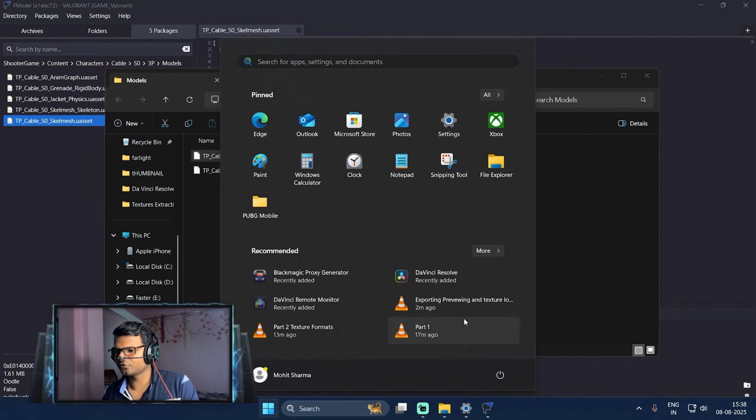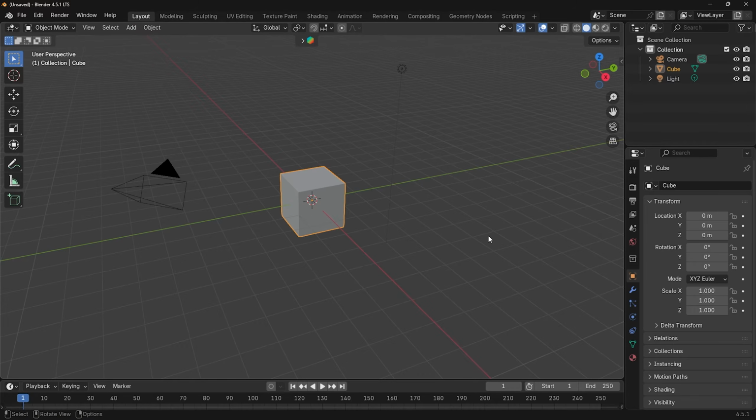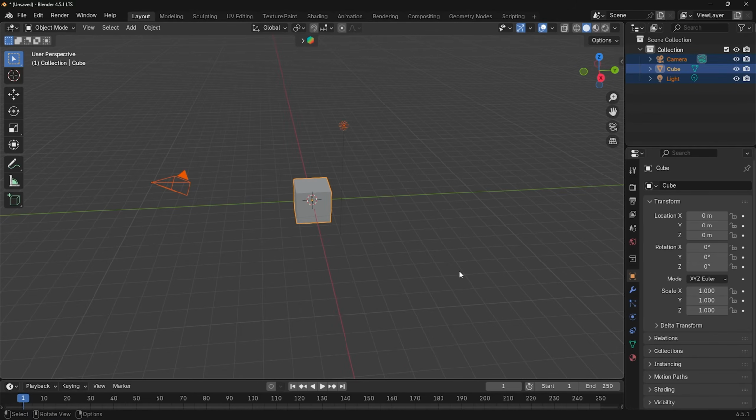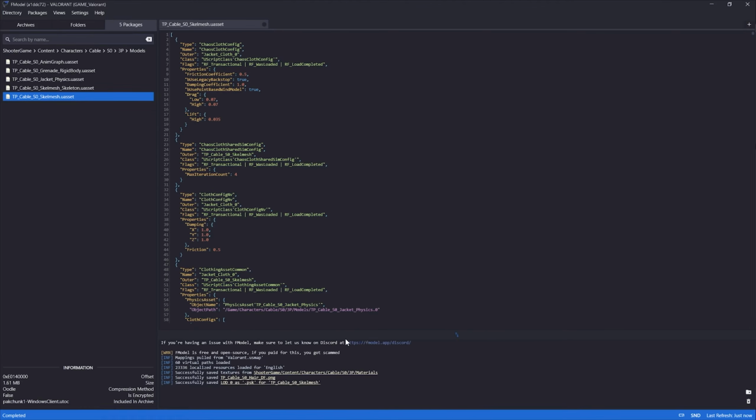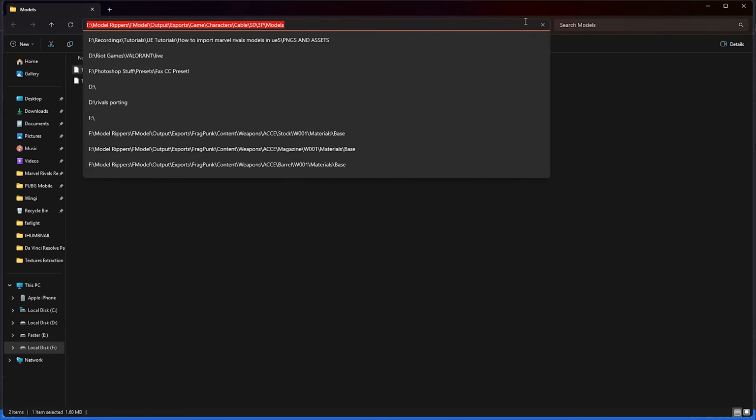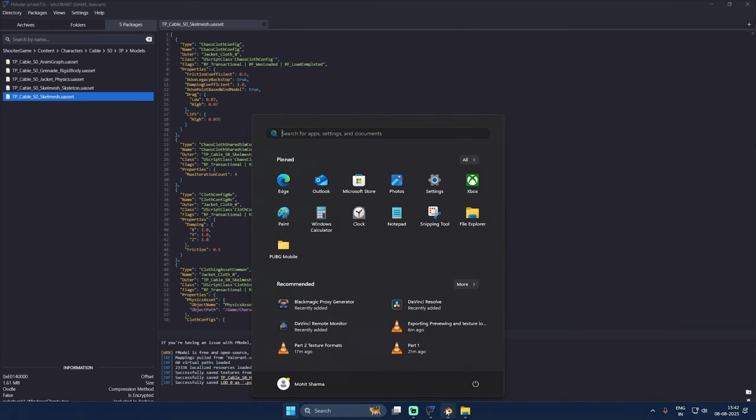So first of all, let's open our Blender. So friends, as you can see, we have opened our Blender. First of all, select everything here and delete it. Now go to your FModel and find your 3D mesh location. So just click here on what you have exported, copy the 3D mesh location, and again go to your Blender,